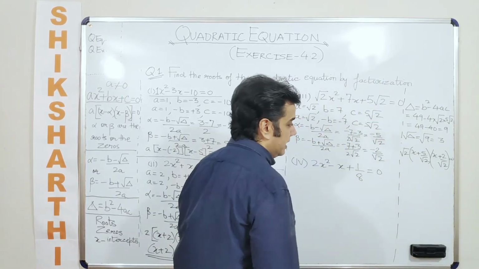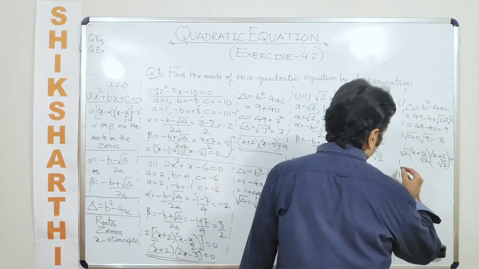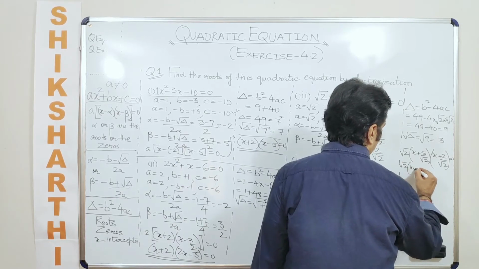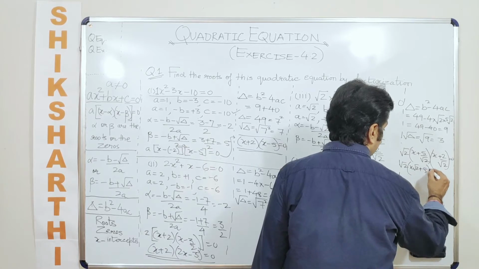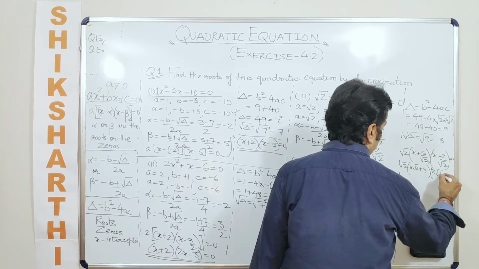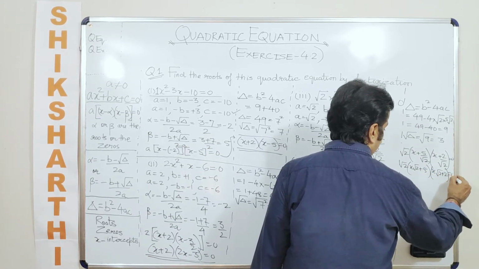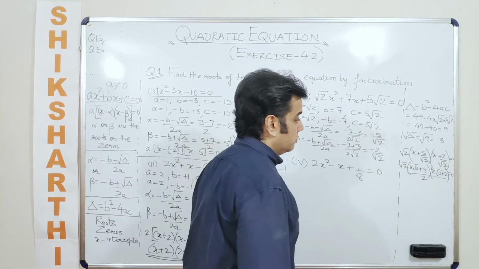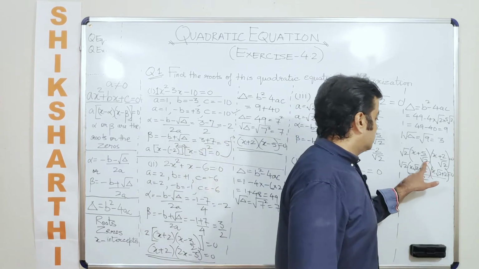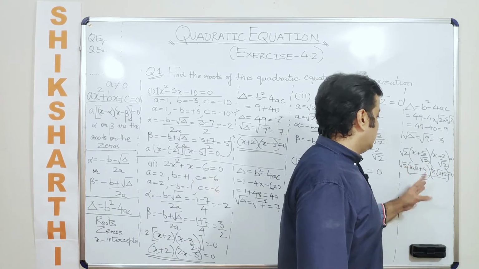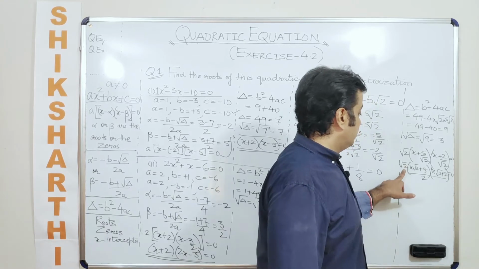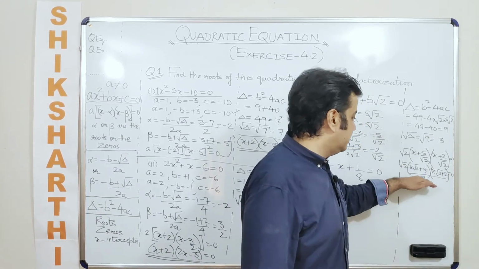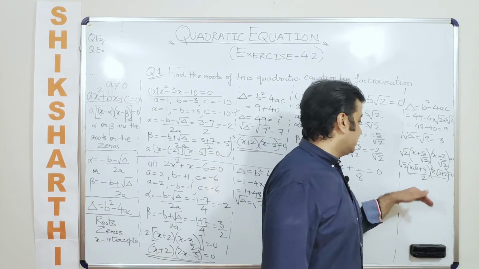If you wish, you can leave it like this, or if you want to expand further, what you can do here is you can say this is root 2 x plus 5 times root 2 x plus 2, this is equal to 0, and we finally divided it by 2. Why we divided by 2 was because root 2 into root 2 is 2. Now eventually if you want to remove this root 2 from here, you could have multiplied the root 2 inside and let the denominator remain in the rationalized format.